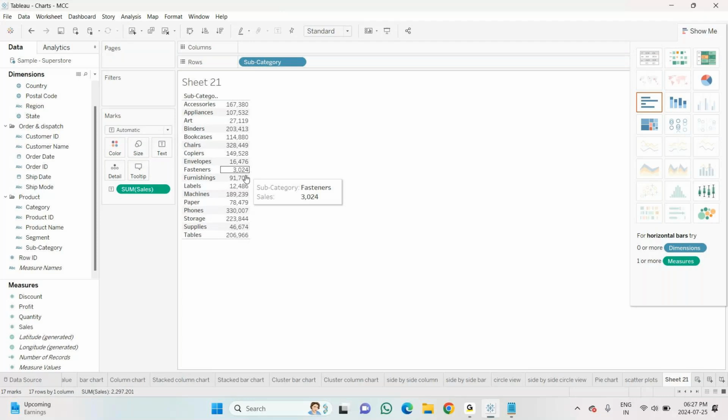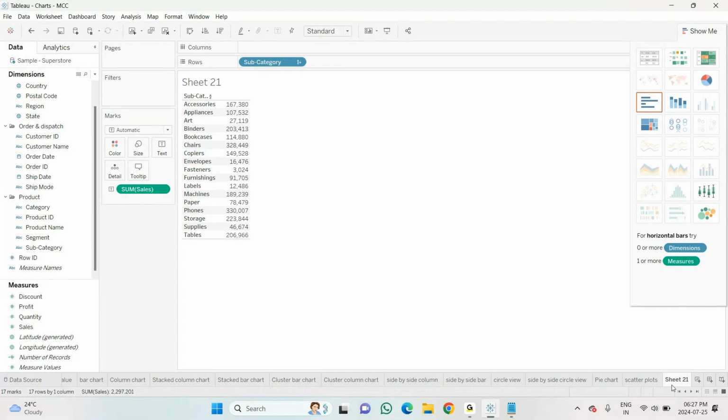See, if I place my cursor on the subcategory, you can see one small arrow mark here. If I click on this, it will sort into ascending order and descending order. Now you can see this one, right? So alphabetic A to Z, okay, Z to A. So how you want to sort, like that. Suppose if I click on this arrow mark again, sum, that is my sales value. So how you want to sort, like that you can sort alphabetic A to Z, and sum if you want to sort, like this you can sort.